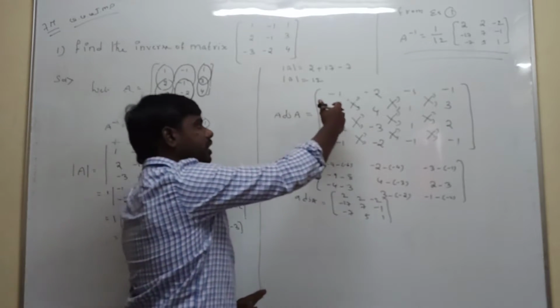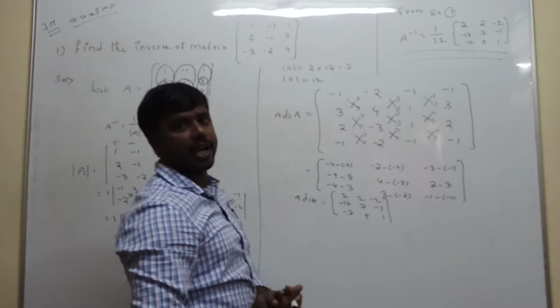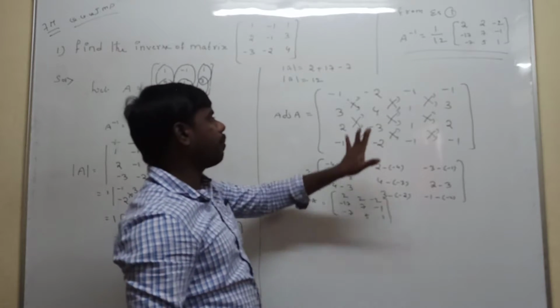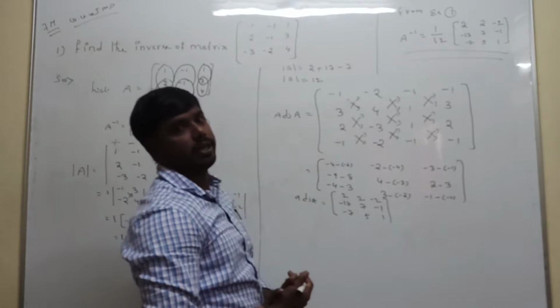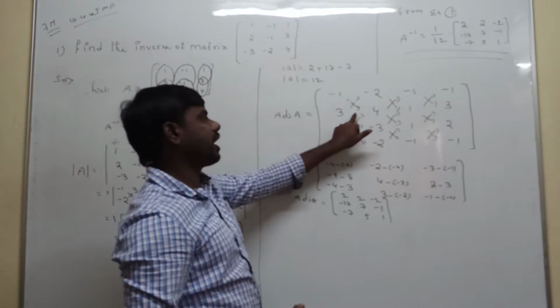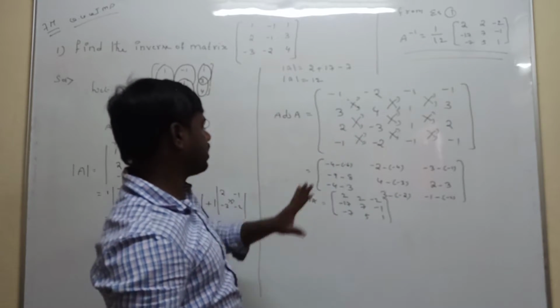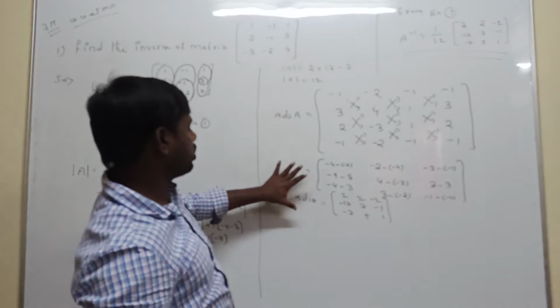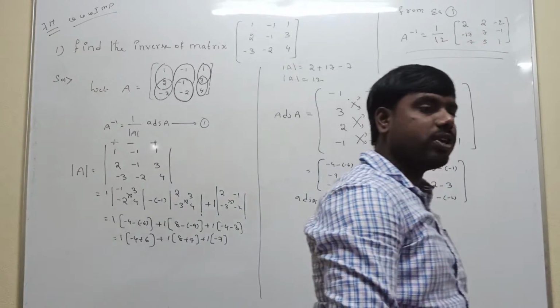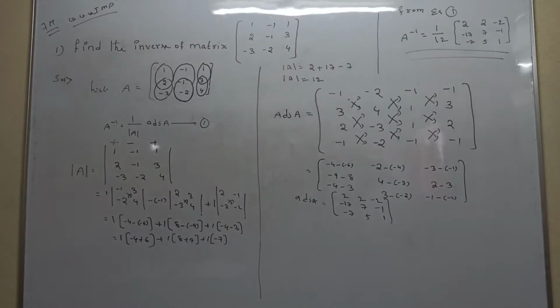After that, how many matrices are they getting? They are getting a 4 by 4 matrix. Determinant is not for them, so we are applying the cross multiplication method, AD minus BC formula. So finally we get the adjoint of A. Determinant of A value and adjoint of A substituted in equation number 1: A inverse is equal to 1 by determinant value, which is 12, times adjoint of A, which is 2 2 minus 2, minus 1 7 7, minus 1 minus 7 5 1.